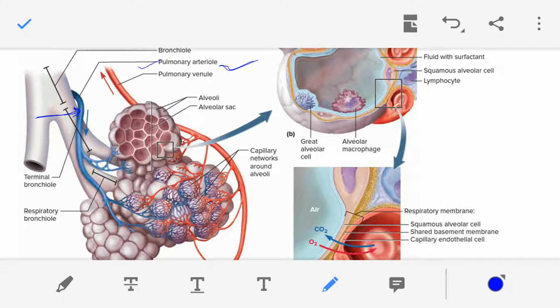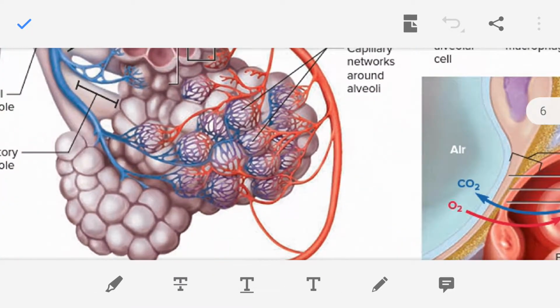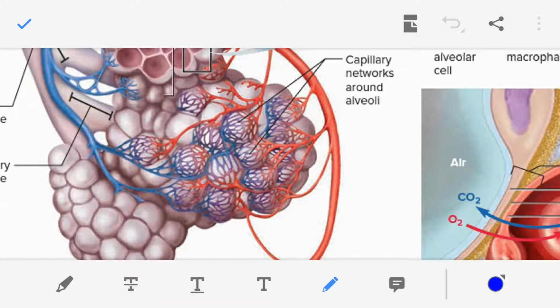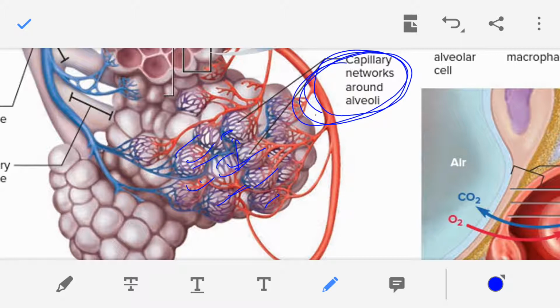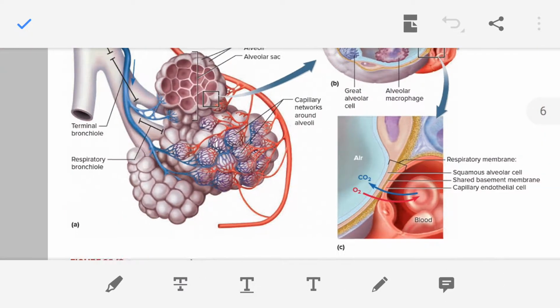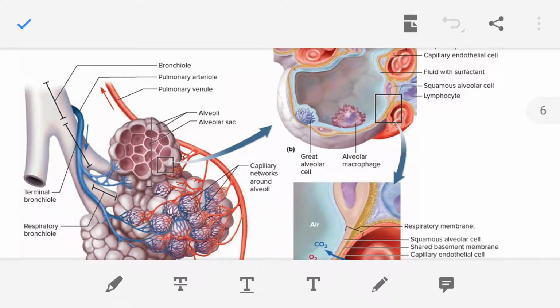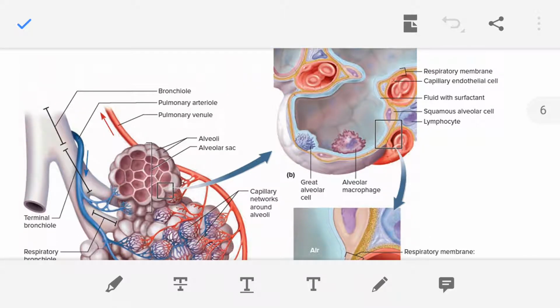So the pulmonary arteriole forms these tiny, very minute blood capillaries. And where are these capillaries present? The capillary network is around the alveoli. On the surface of the alveoli this capillary network is present, and these capillaries merge together and form